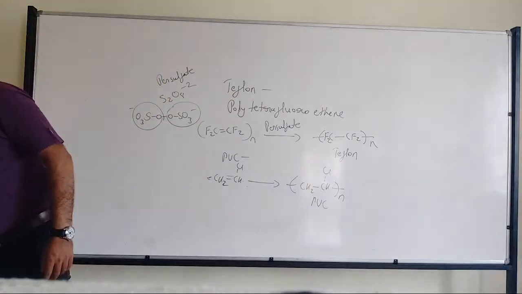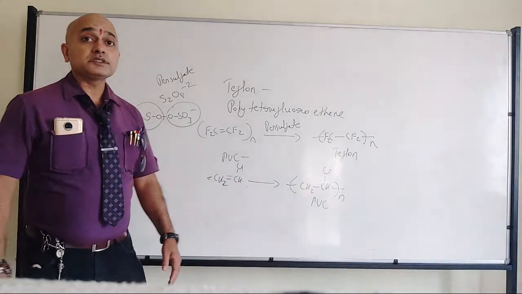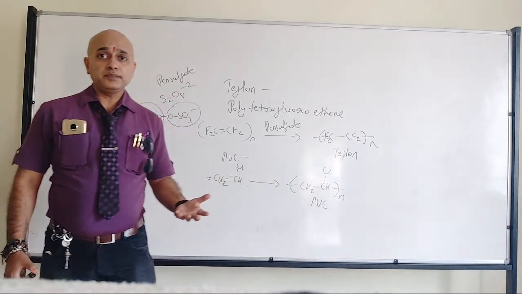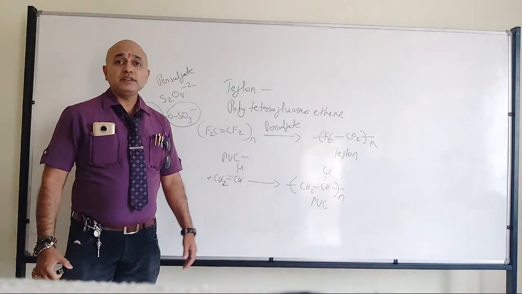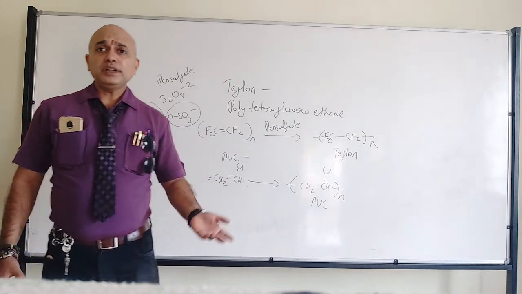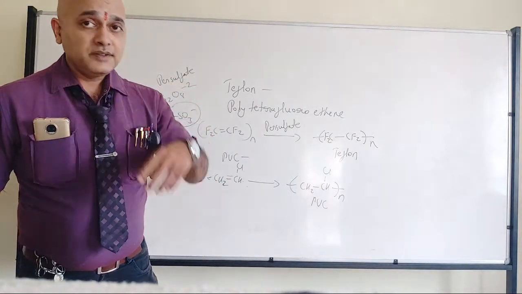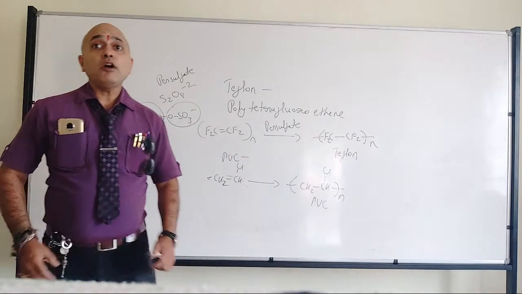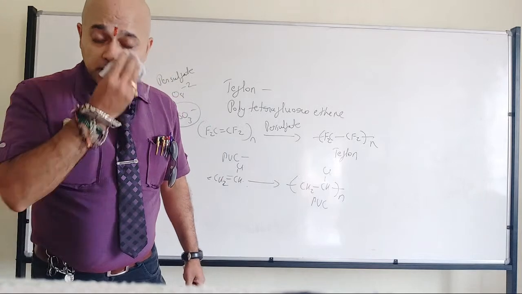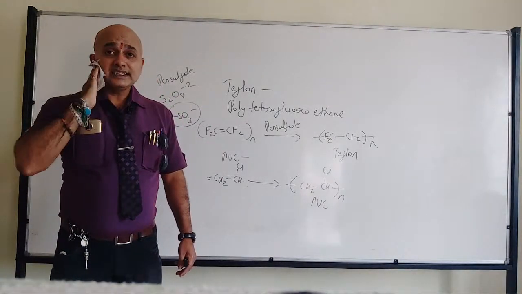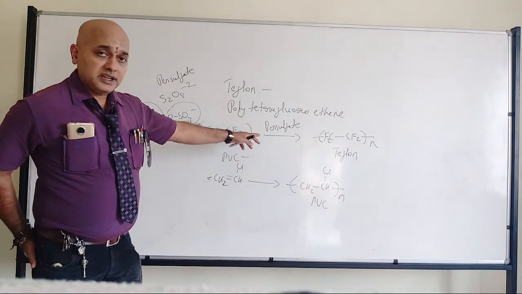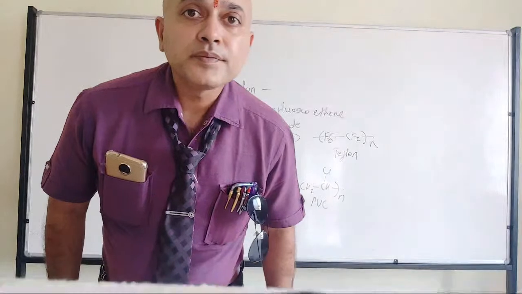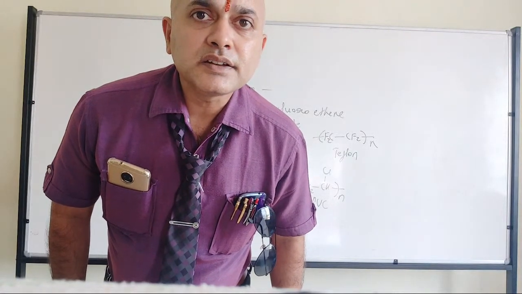Polyvinyl chloride. So where will this PVC be used? It is very commonly utilized for water pipes and electric pipes, right? So that's where we have the PVC. Teflon is used in cooking utensils like frying pans, being resistant to oils and grease. Therefore, it will be utilized for cooking utensils. But PVC will be utilized for